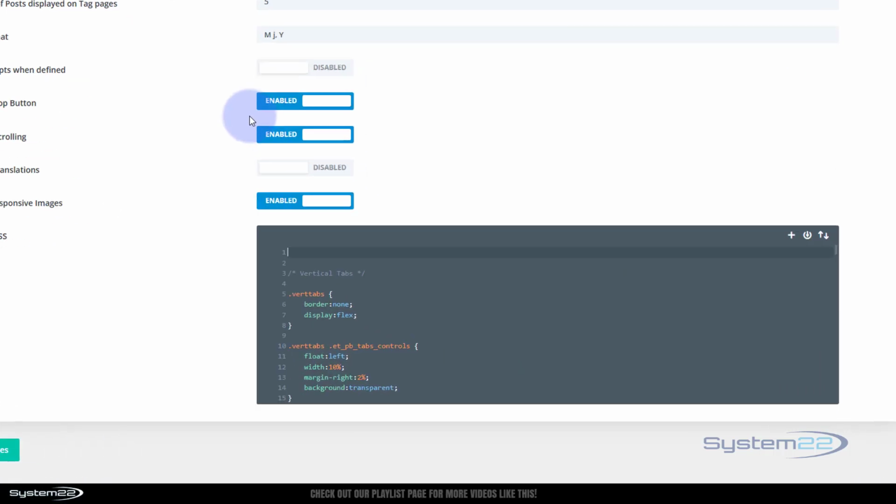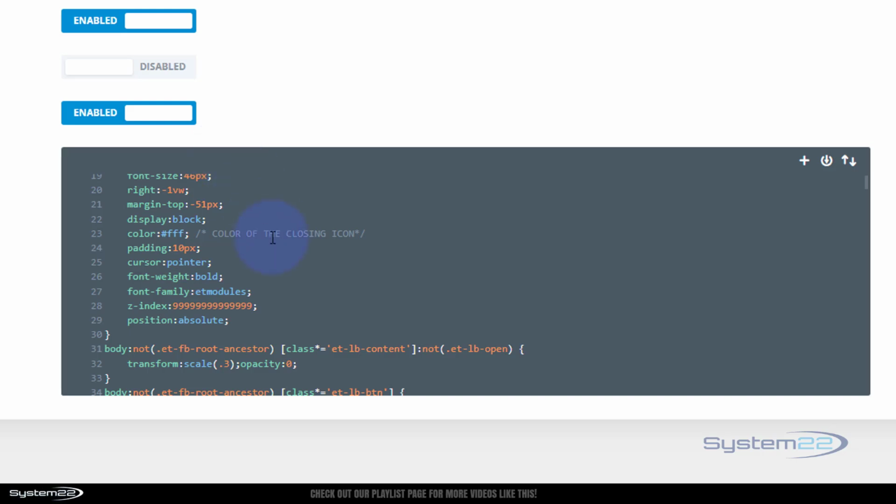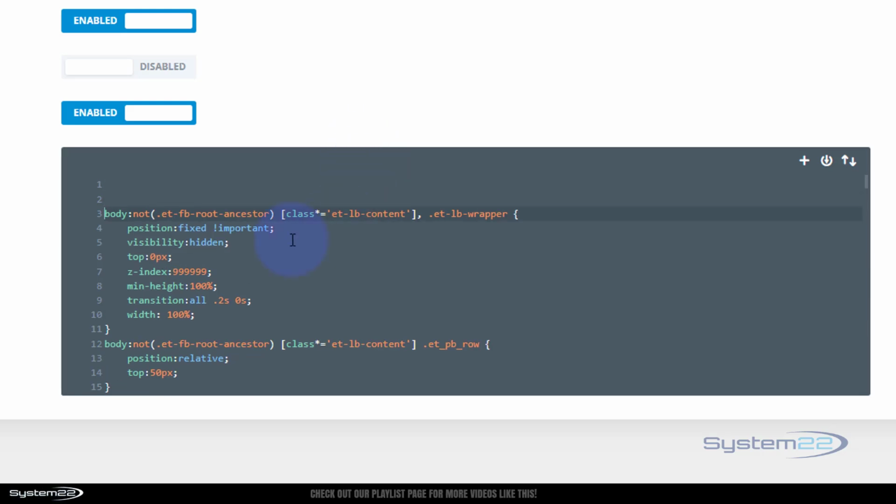I'll delete what I've got there. And if you've got some code up there, just scoot it down, put your cursor up the top there, Control V to paste, and we've got our new code in here. Now it's always a good idea to give CSS code a title. That way when you come back, you can figure it out quite easy. I know what this is just by looking at it, but if you're not familiar with it, and if anybody edits the site after you, we can put a title in,